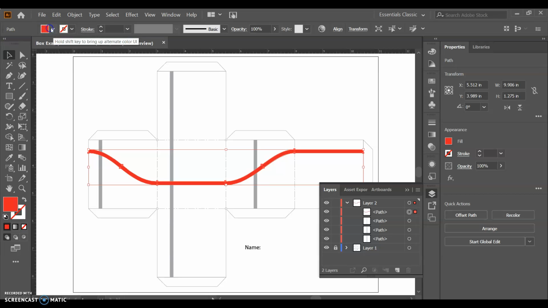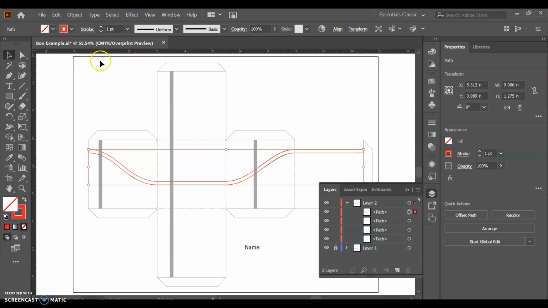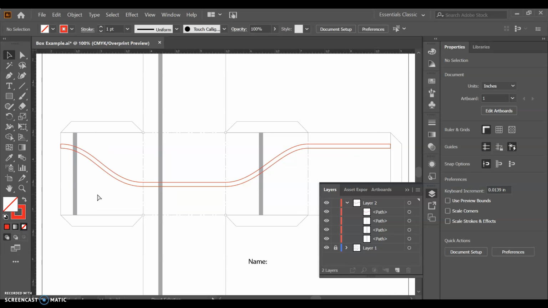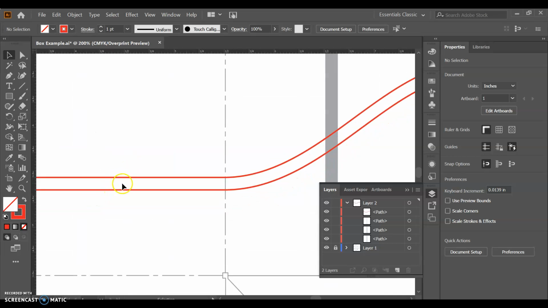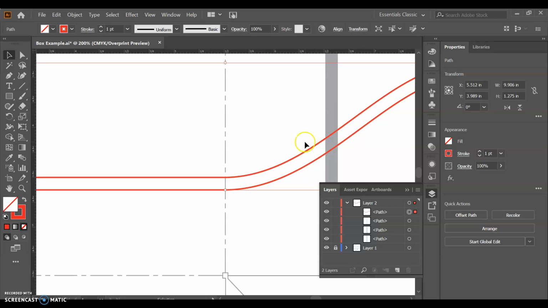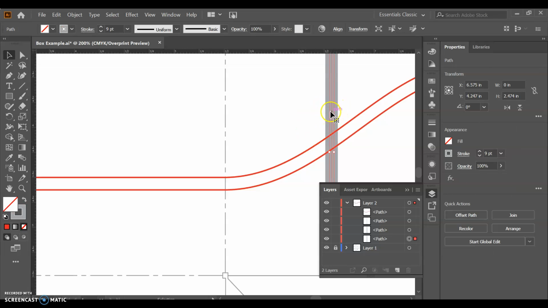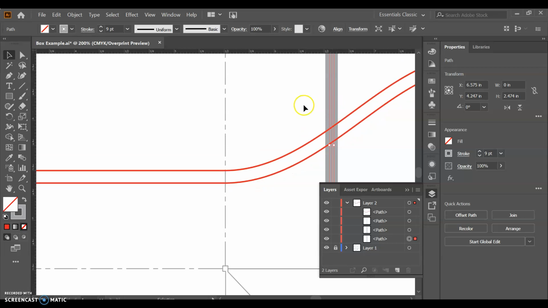I'm going to change the outline and the fill, so you can see that the fill is nothing now, and the outline is red. So here's where the path actually was, and before it was much like this one where there was a path in the middle that had a certain thickness. Where this can get